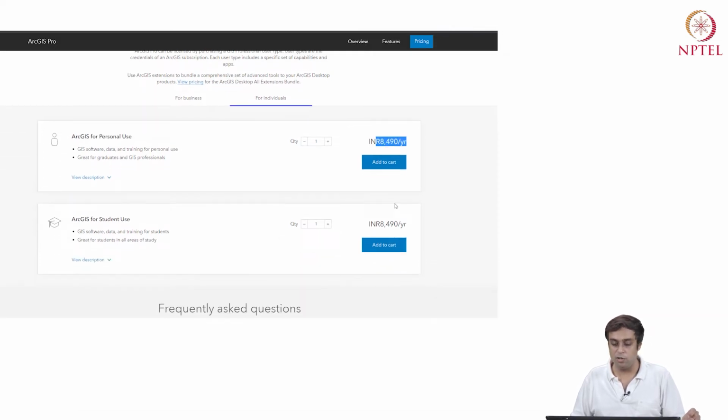So either for personal use or for student use, the 1-year software is 8,500, including taxes it comes around 10,000 rupees per year, which is a bit pricey, but not all that pricey either. I mean, given the fact that there is all this resource that is available to us in terms of the learning sessions, the functionality of the software, we will see, is very, very advanced.